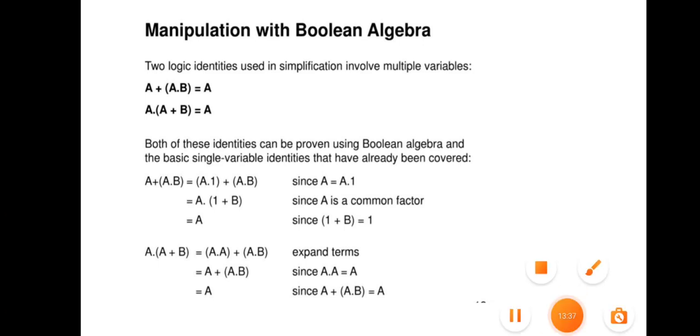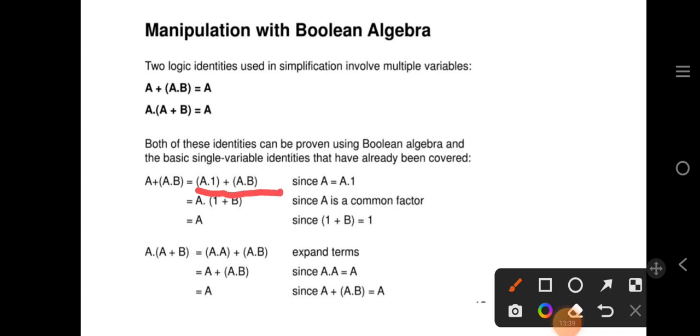Now in both the terms A is common, so we can take out the A. So what will be remaining? 1 plus B. Now we know that if anything is added with 1, like 1 plus B, it is 1. This rule is only for Boolean algebra. So we can write 1 in place of 1 plus B. So here A dot 1, and anything dot 1 is nothing but A. So after solving this equation we got A. Thus we have proved the first equation.